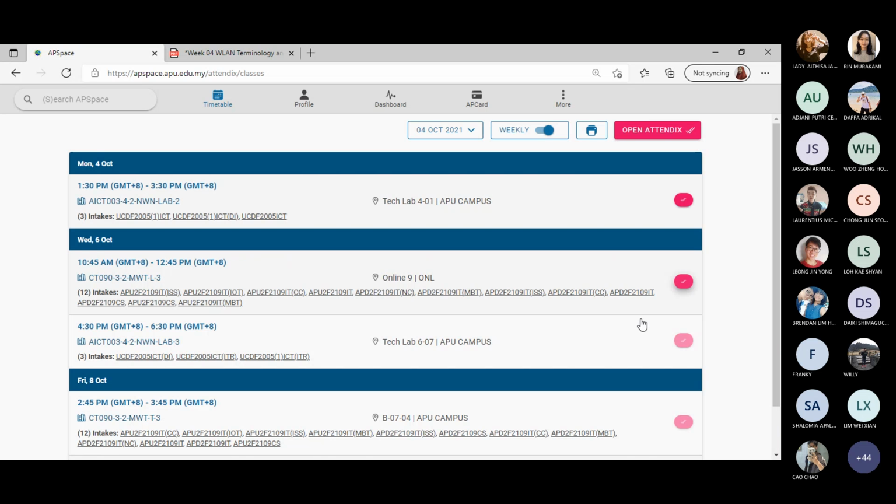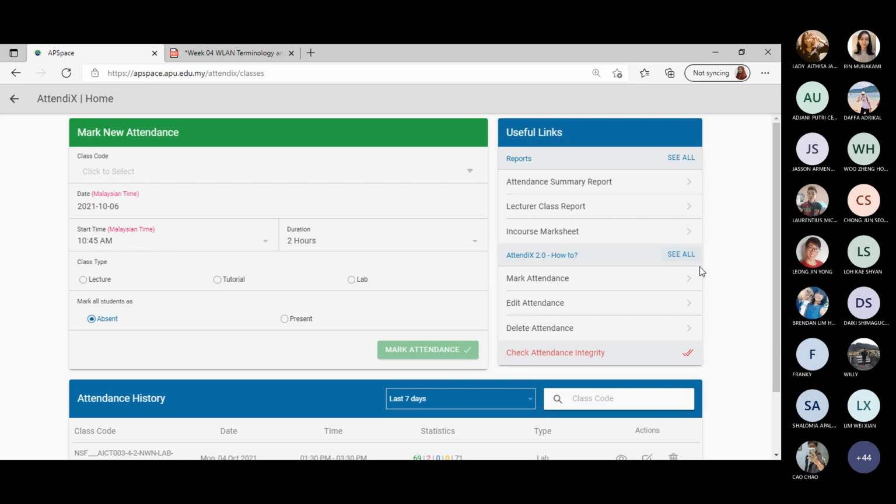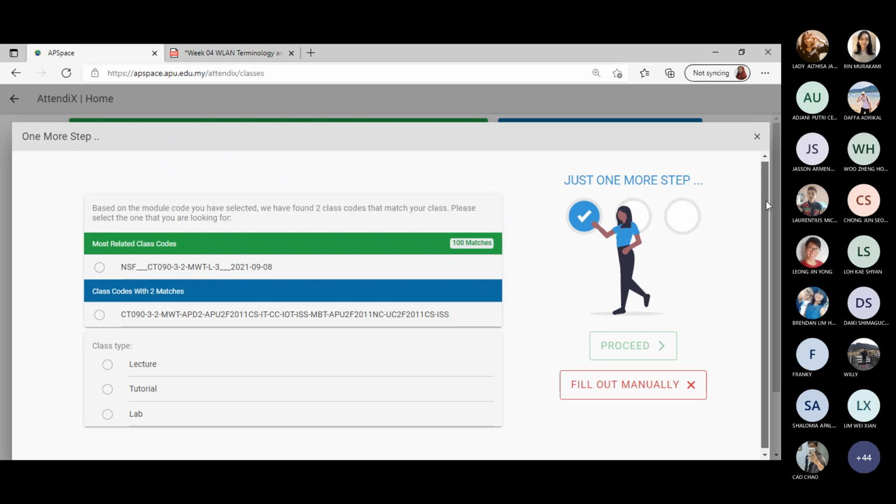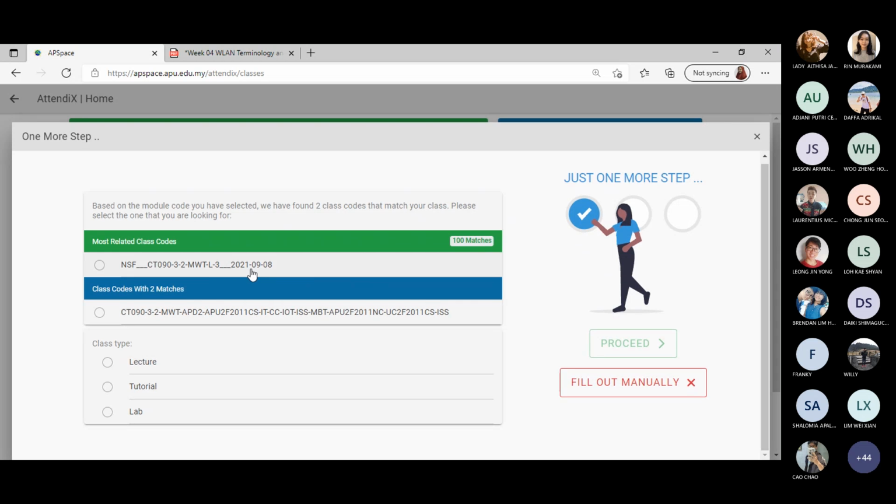Because I'm worried it will disconnect again. Sometimes I cannot rely on this laptop, you know. To be honest, if APU wants to provide a laptop for us, for your information, I've been teaching in APU for 13 years. This is the third laptop they provided me. It seems like every 3 to 4 years they will give us a new one. So if you divide 13 years by 3 laptops, I think I need another one, the 4th one.